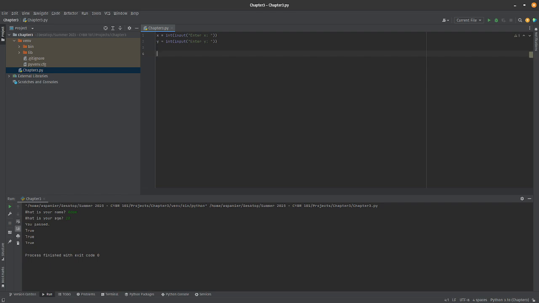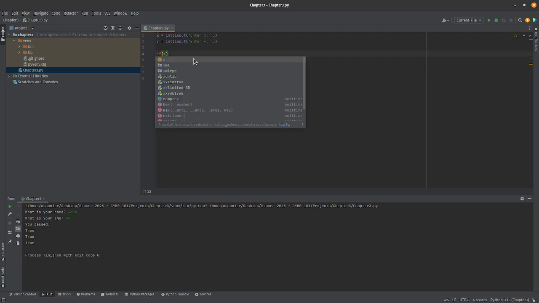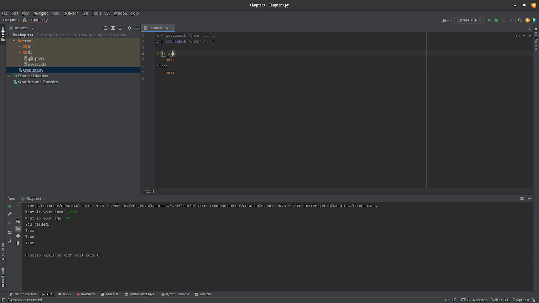Now we're going to test this range idea. So we have an x and we have a y. We set a lower bound and an upper bound. We're going to say if, and set this up with pass, else, pass. Okay, I have this set up for myself. Everything's looking good. It's giving me this warning because it wants an extra line at the end. All right, so if x, let's set the lower bound. If x is greater than or equal to 5, so if it's equal to or above 5, and x is, let's say, less than or equal to 15, then we say